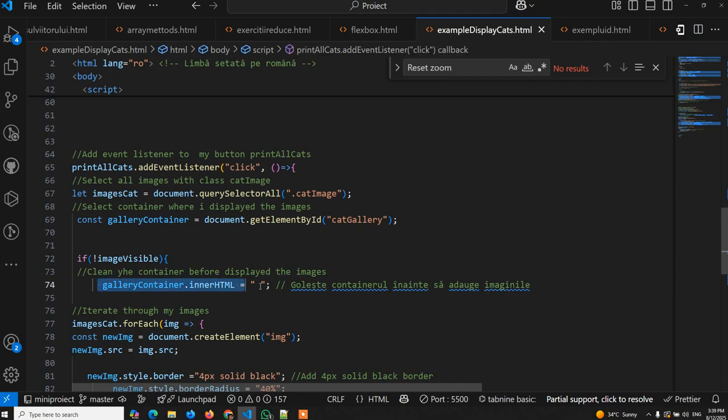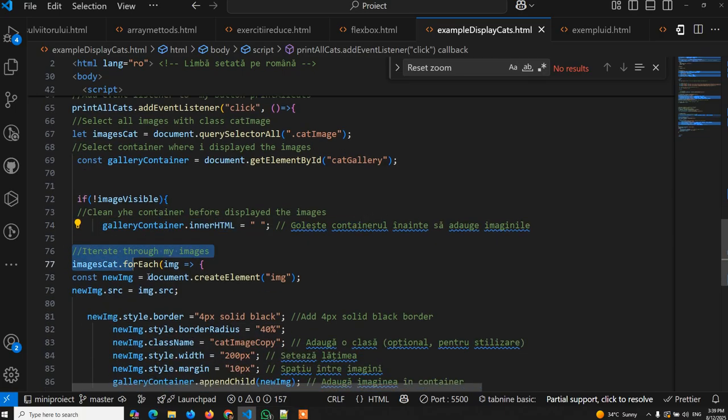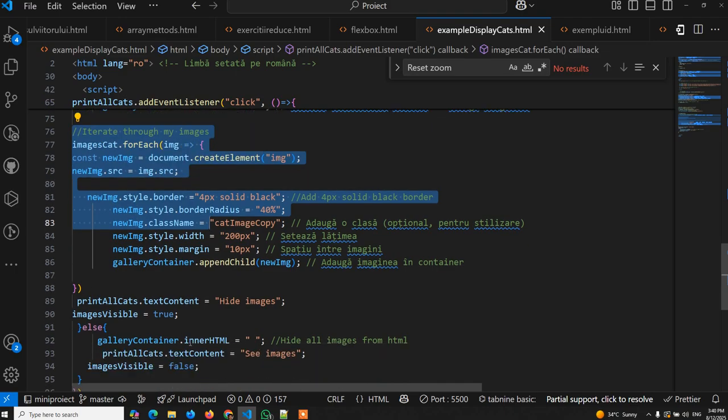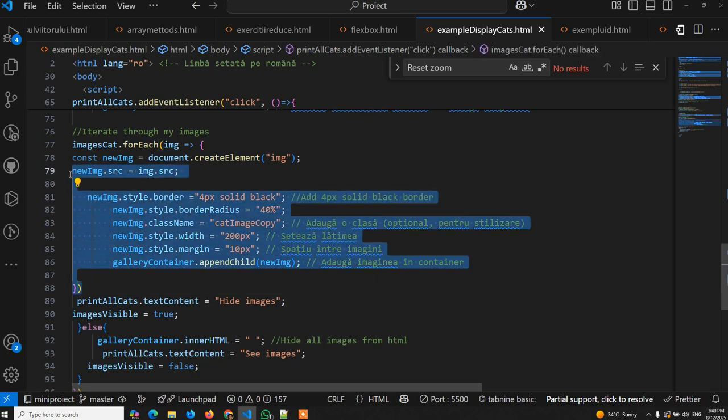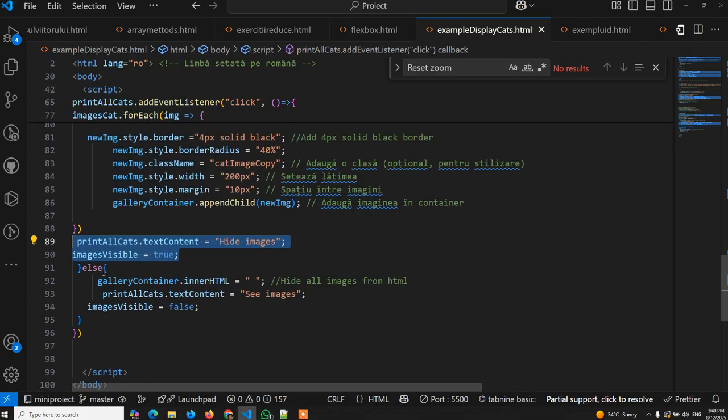I clean the container before I display, and after I clean, I put all images here, because I iterate with this for each. After I iterate and put all the images, I change the text of the button and I put here true, and else what happens,